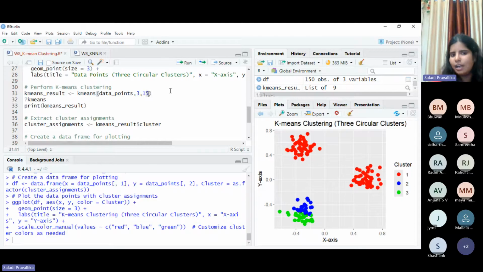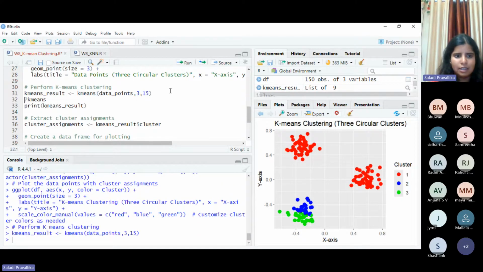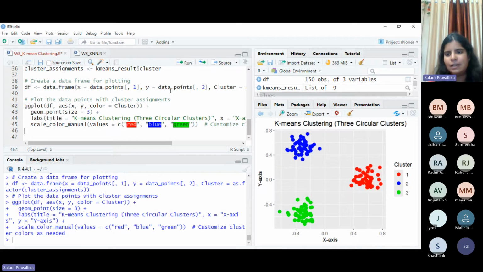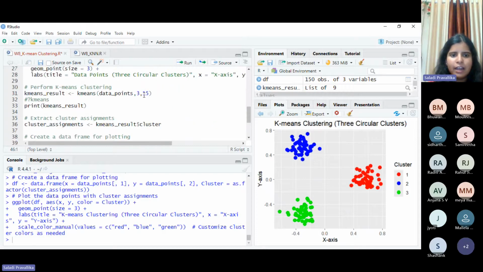But here I haven't done that. I'm just trying different values manually. Let's see if it is anywhere closer. Yes, good. When I have given 15 iterations,